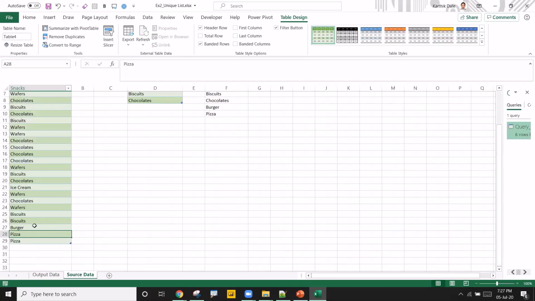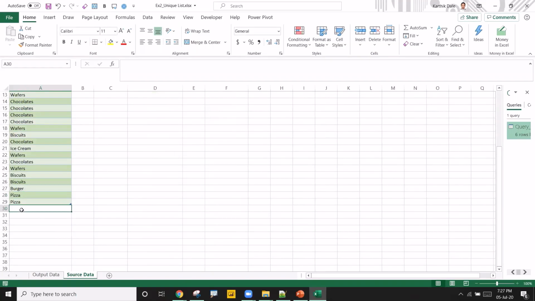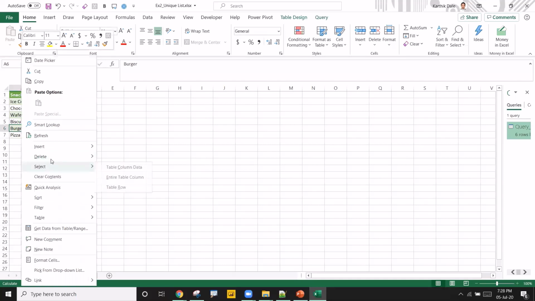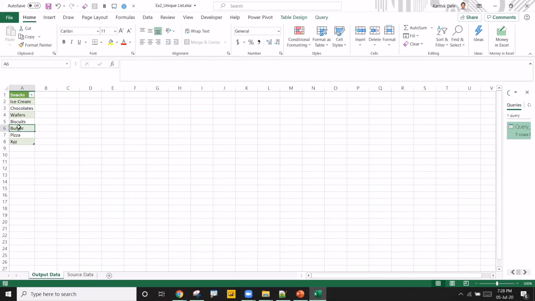You can add new data here also, whatever you want. Let's say some XYZ item, XYZ again, or XYZ even with a space. Click on refresh, now you see this. This is how it is working.